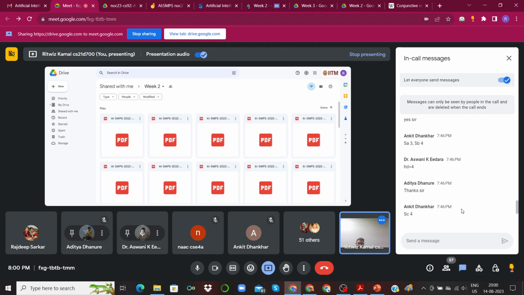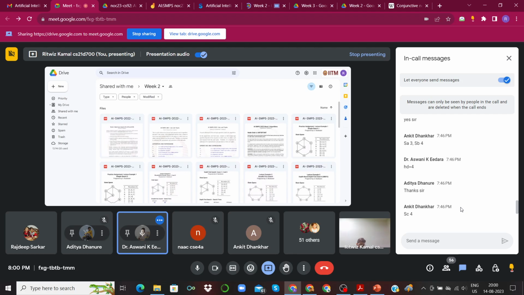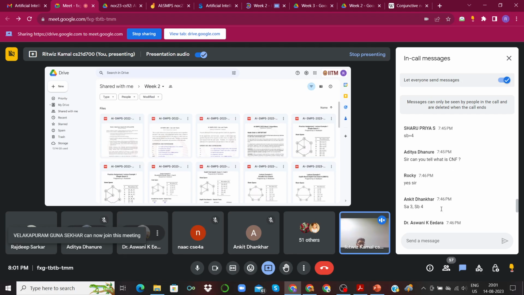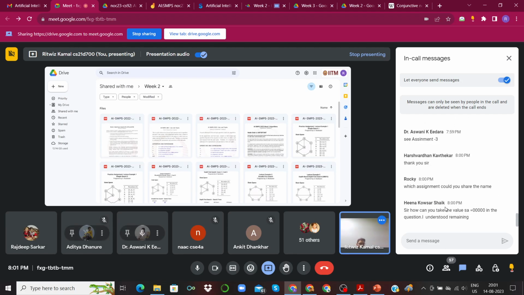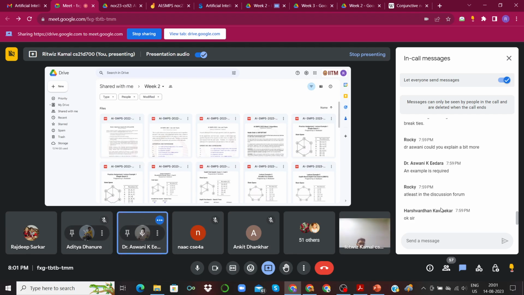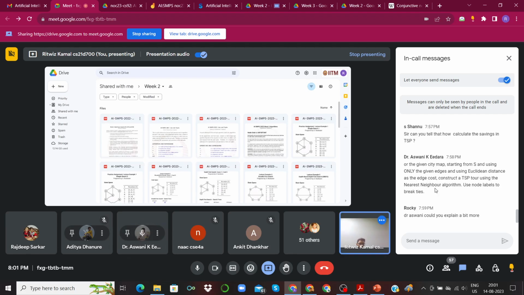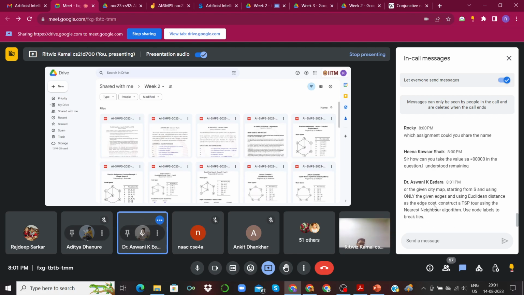Can you give an example on a traveling salesman problem? There is a question in the assignment. I have posted it in the chat. Can you post it again, maybe? I think I missed it. This one, right?